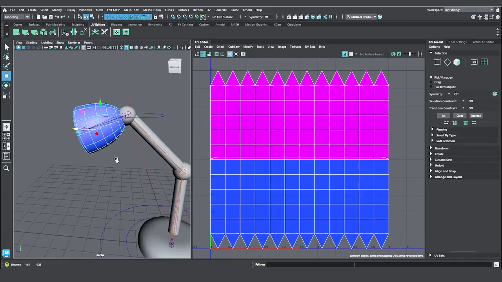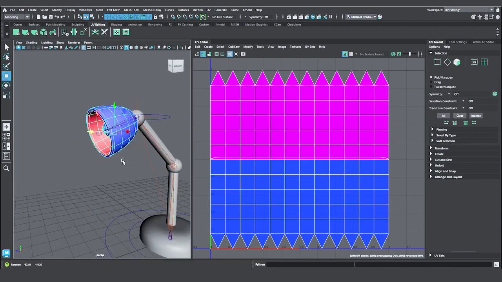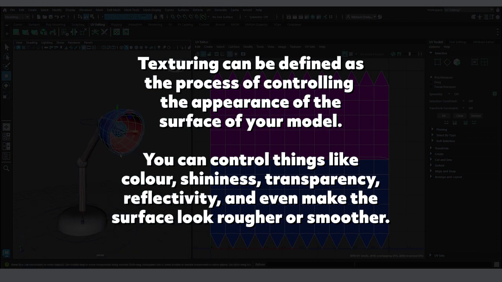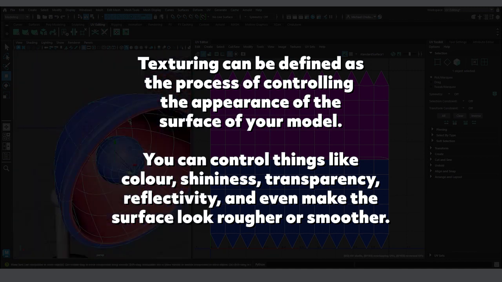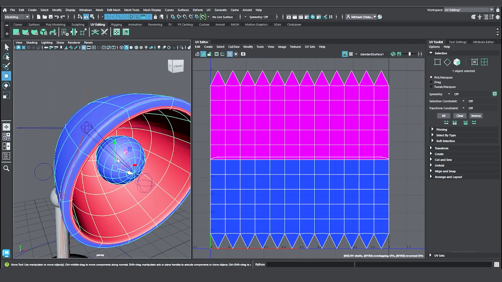But before we go ahead, what exactly do we mean by texturing? It's good to have a good foundation. Texturing can be defined as the process of controlling the appearance of the surface of your model. If we take this surface here, we want to control how it looks, and that means you can control things like how it shines, the reflectivity, the transparency, how smooth or rough it looks, and this can be done through the process of texturing. But then when we talk about texturing also, you have to talk about things like unwrapping